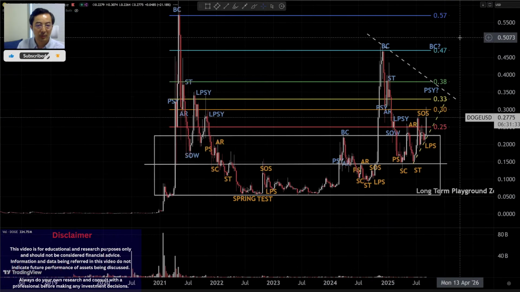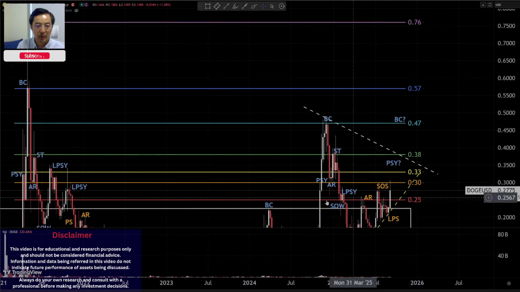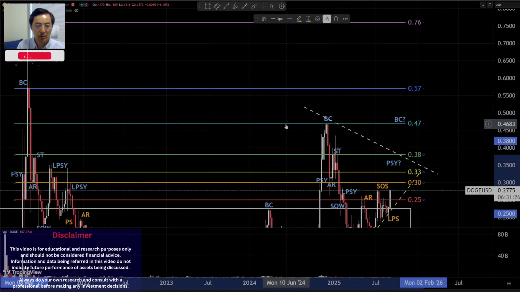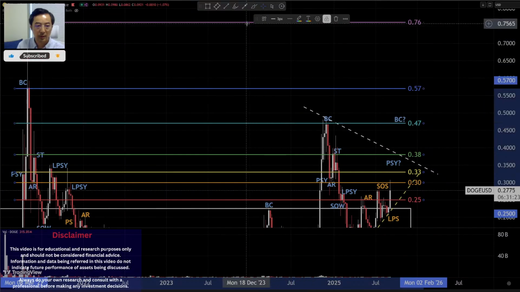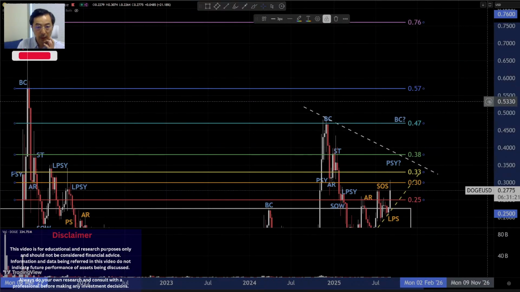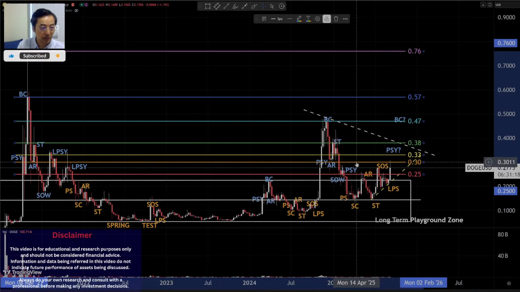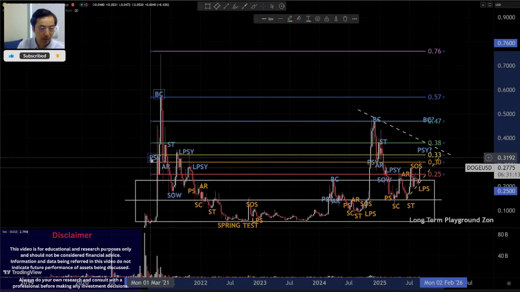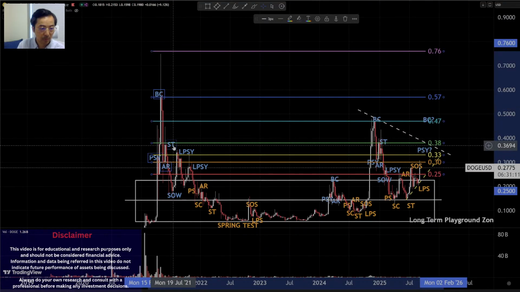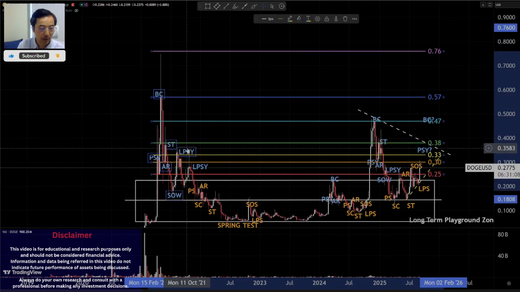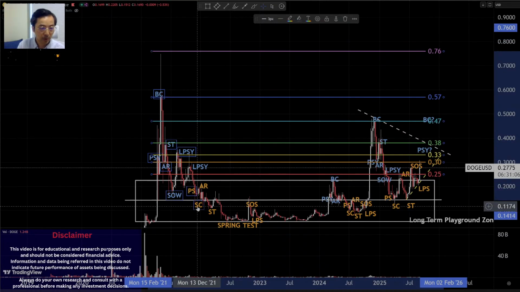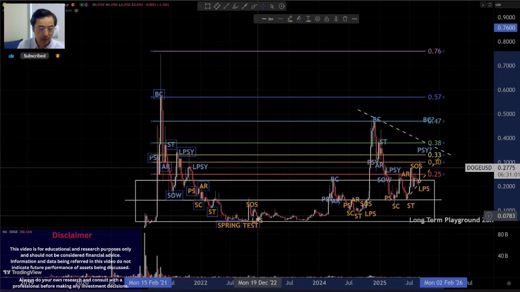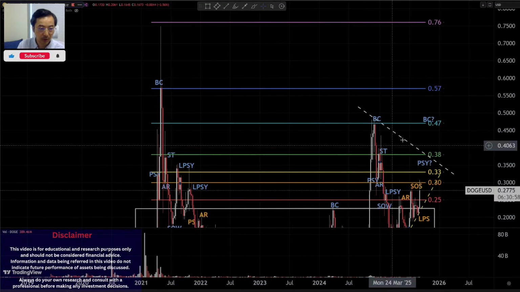So let's start with the key levels. The rainbow key levels: 1, 2, 3, 4, 5, 6, 7. Copy. And then the Wyckoff tags. I don't want this. This may be cleaner. Buying climax. Preliminary supply. Automatic reaction. Second test. Sign of weakness. Last point of supply, preliminary support, selling climax, automatic rally, second test, spring, test, last point of... no, I don't want that, oh my god,